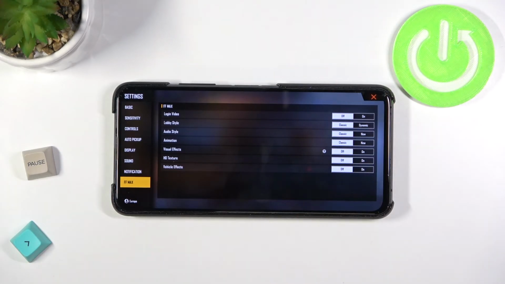After that, you can just go back, and basically that's how we can speed up the performance of our device. Of course, you will get less visual effects, but definitely your smartphone will work better when you are